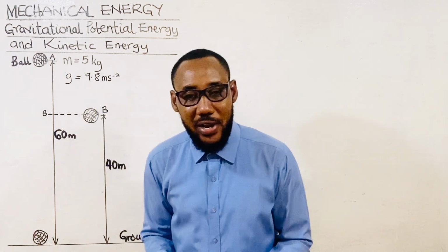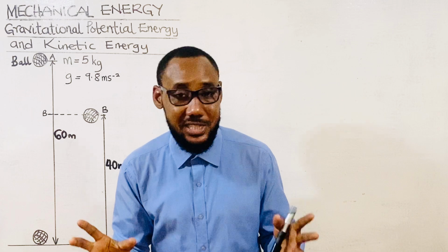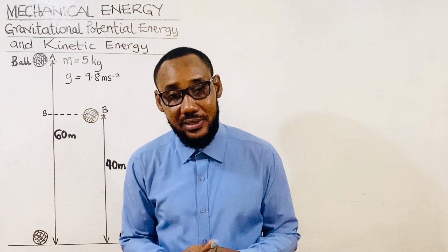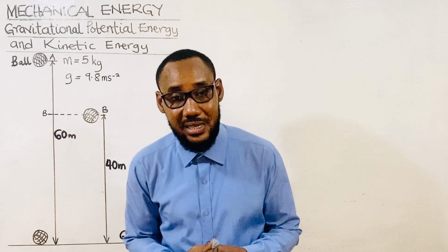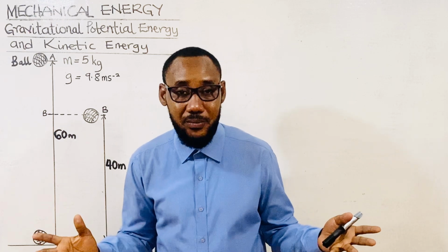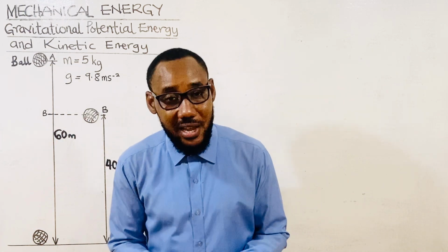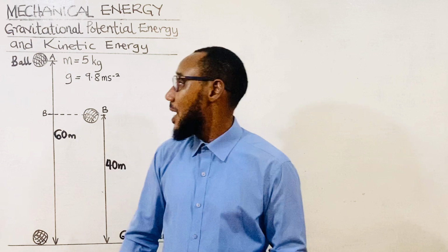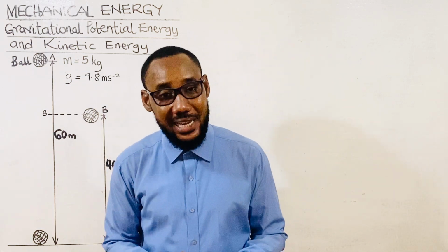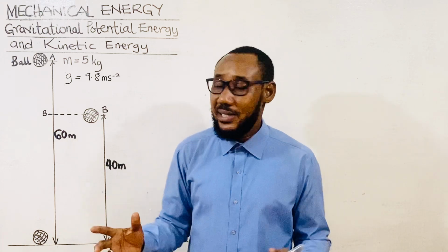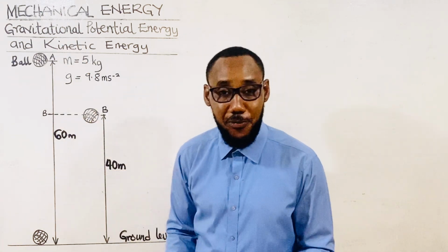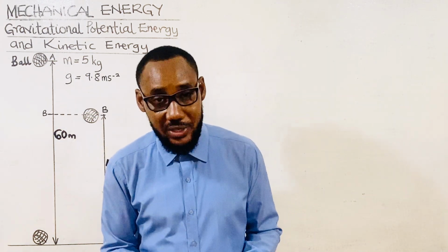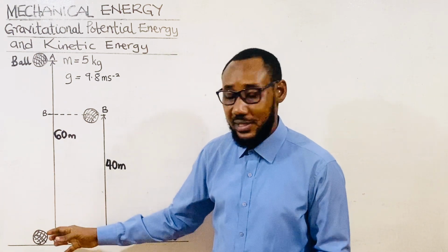Now, at the highest point, when the object is static, motionless, not moving, its kinetic energy is going to be zero because the object is not moving. An object that is static, motionless, is not going to have any kinetic energy at all. Therefore, the potential energy there is going to be maximum. So you are going to have maximum gravitational potential energy at the highest point when the object is static and motionless. Now, if this object is let go and falls to the ground, of course, it is going to accelerate with acceleration due to gravity, being pulled by the force of gravity,